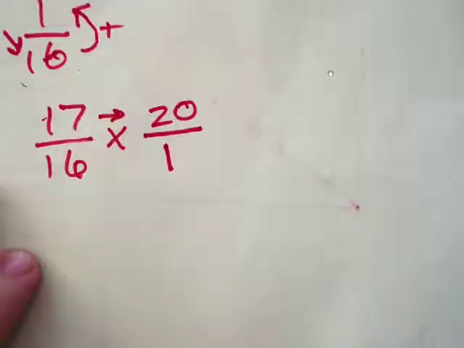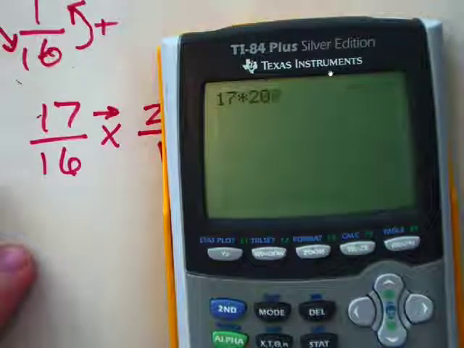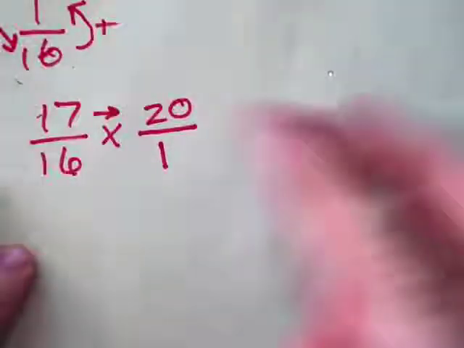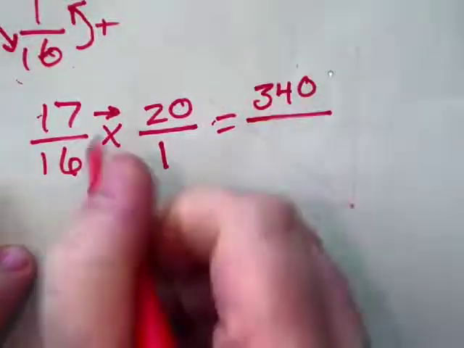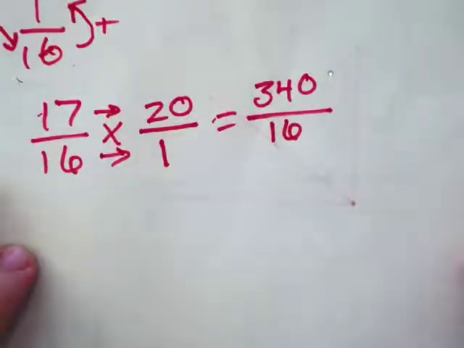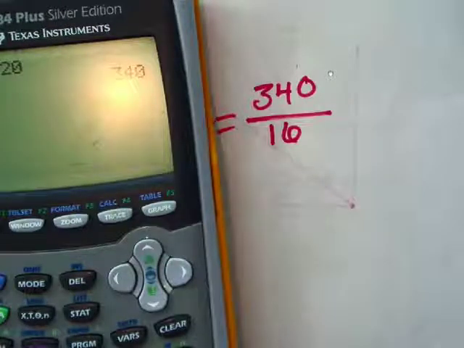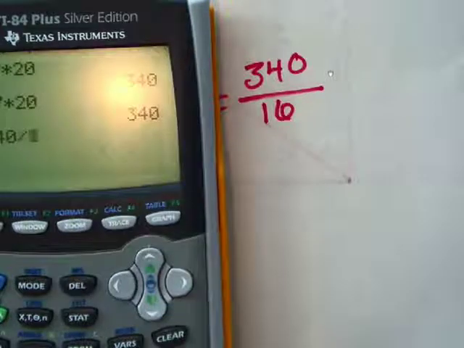Now, what is 17 times 20? Well, just use a calculator. 17 times 20 is 340. So we get 340 over, now multiply straight across, 16 times 1 is 16. So there's the improper fraction. We need to now convert it. Every fraction is a division problem. So 340 divided by 16 is